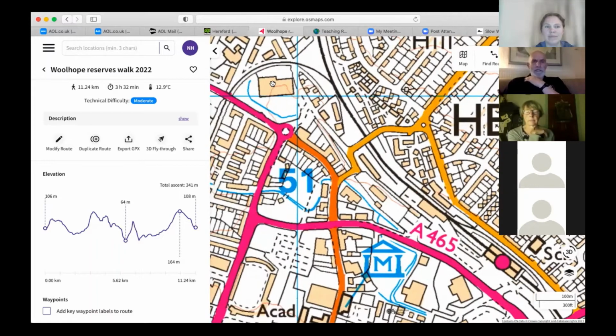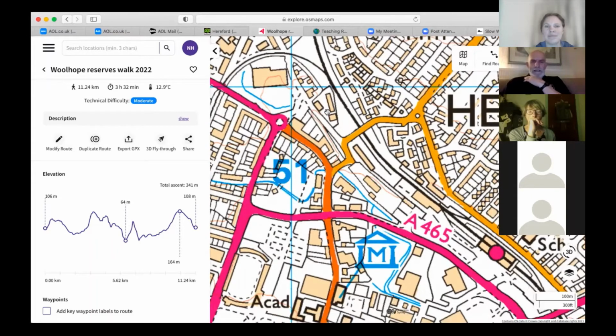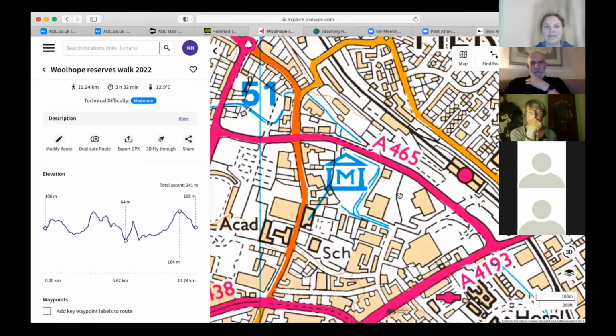This is Brook Retail Park. And the line of the canal is somewhere tucked in here. And then of course, talking Nature Trust stuff, this is the Essex Arms Sports Ground, which is being proposed and championed as an